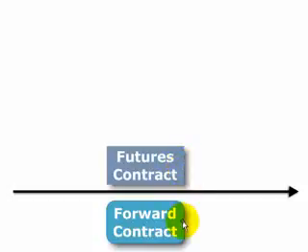Why would the prices be different? The primary reason is daily settlement. The fact that for the futures contract, if we consider a long position, for example, the long position needs to maintain a margin account, and that margin account will be settled daily. So let's look at how that gives rise to a price difference between the two by assuming